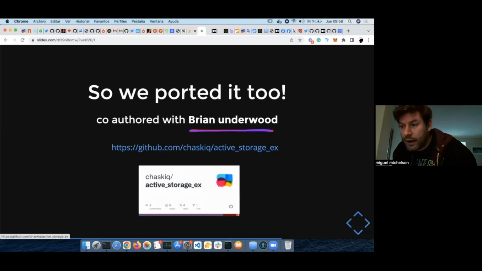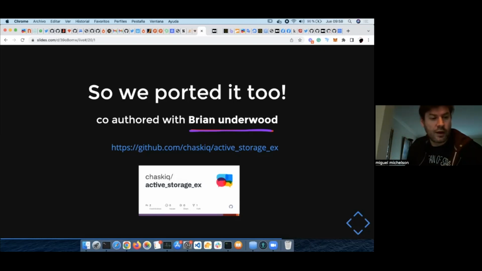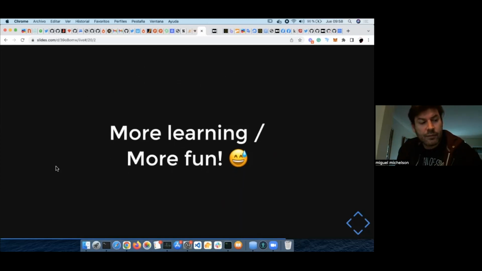So well, we ported this library too, co-authored with Brian Underwood, whom I met in the Slack group of Elixir, and who was also interested in porting this. So this is just more learning and more fun.